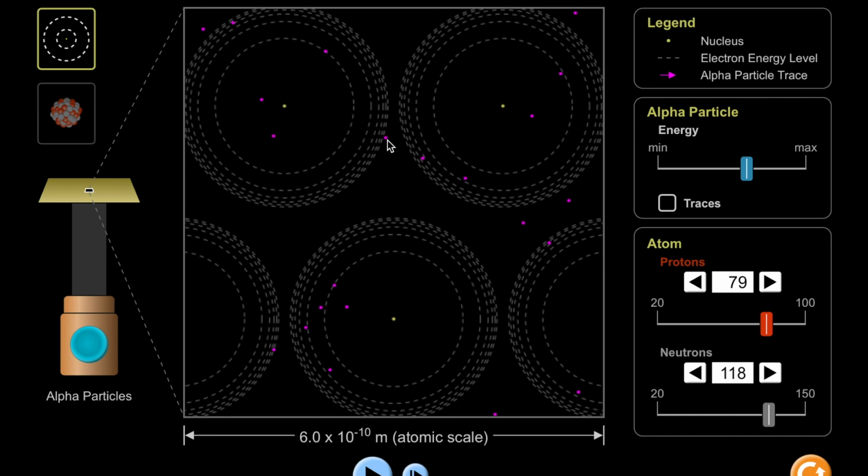If you watch this purple dot where my mouse is hovering and I click play, you see how it's going backwards? Yeah, so every once in a while you can see one of these purple guys, oh, there's one, make a direct hit on the atom, and then it backscatters. And then using a whole bunch of math to calculate geometry and probability, you can find out how likely that is.